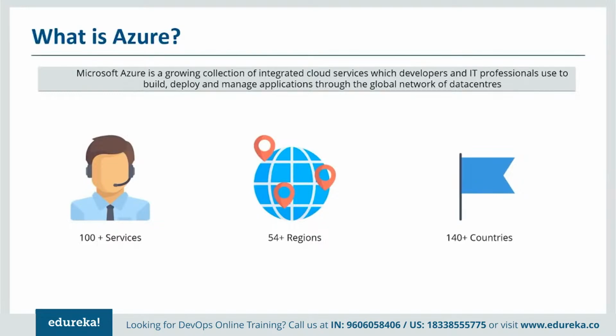What is Azure? Now, it's a cloud computing platform. You must have heard about Amazon Web Services. You must have heard about Google Cloud Provider. In the same way, we have got the Azure platform, which is a cloud computing platform provided by Microsoft. And it is available right now in 54 plus regions. This means that you can imagine the kind of scale at which the cloud computing platform is getting built.